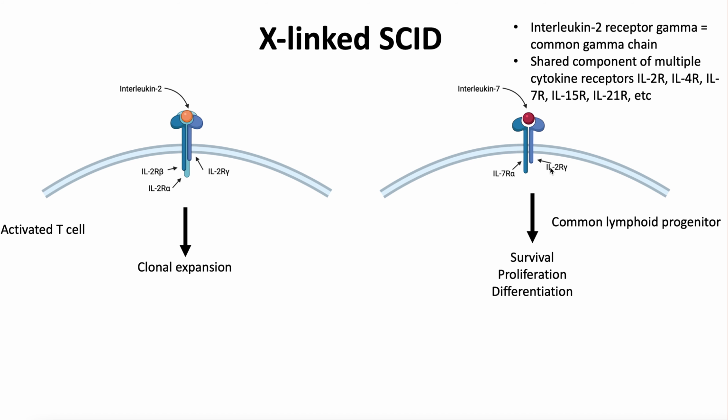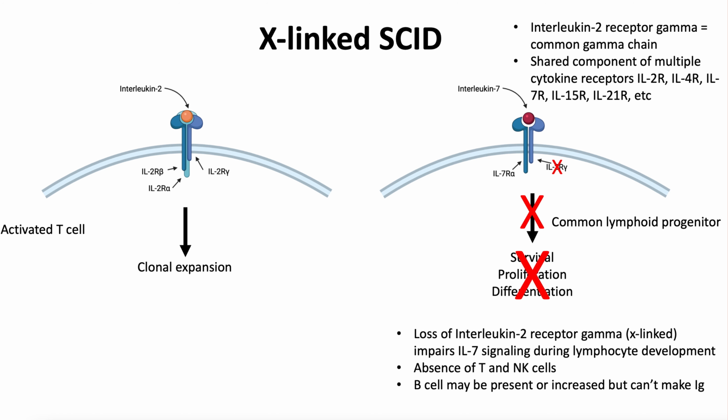In this case, it's important in common lymphoid progenitors because it pairs with IL-7 receptor alpha to form the IL-7 receptor and induce signaling when it binds to IL-7 that promotes survival and proliferation and differentiation of these progenitor cells. Now, if you lose IL-2 receptor gamma, which is an X-linked gene,